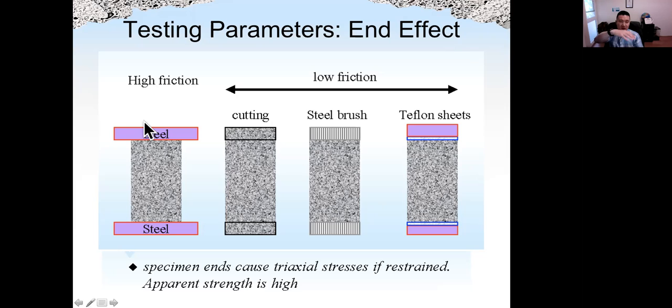We have a compression machine, and the machine touches the cylinder using a steel plate. We need some treatment on the cylinder, the top and bottom surface. We need to make it smooth by either cutting the specimen or using a sulfur compound to make the top and bottom surface smooth. And then we need to compress the cylinder using different touching materials. If it's steel, then when we compress the cylinder,